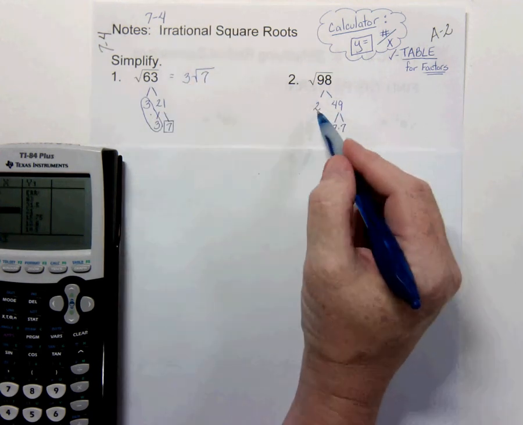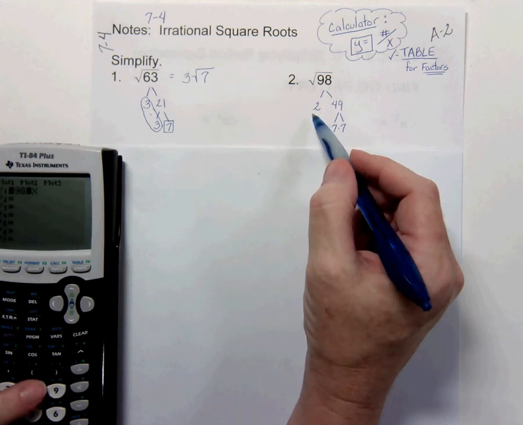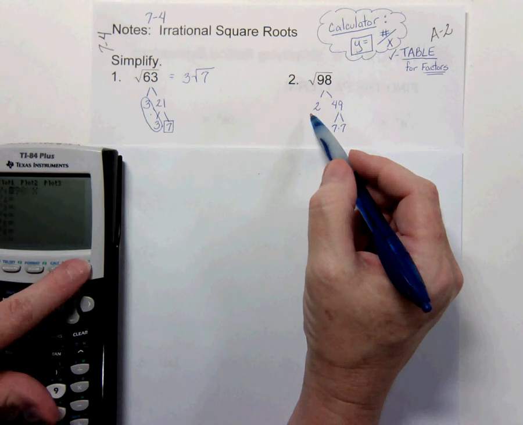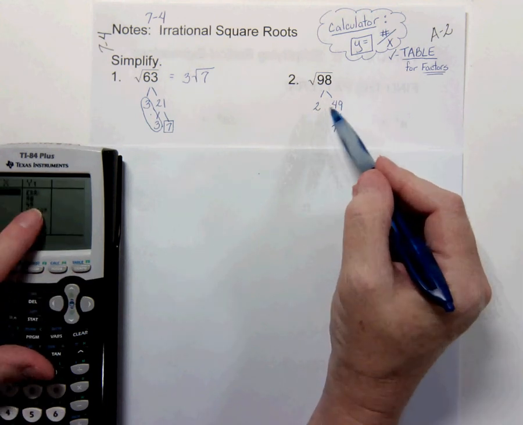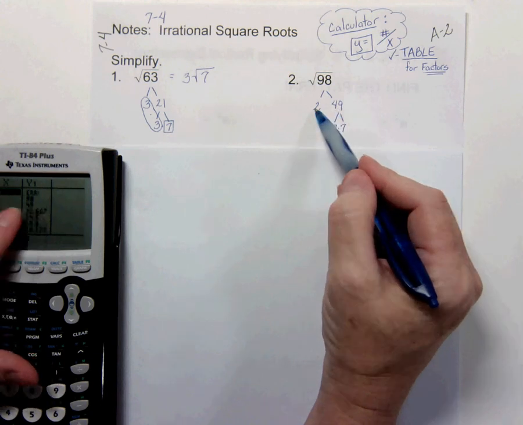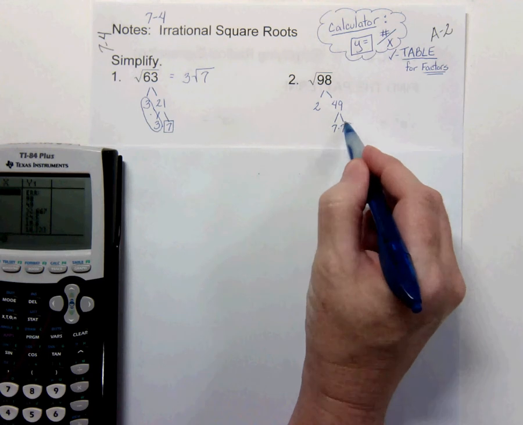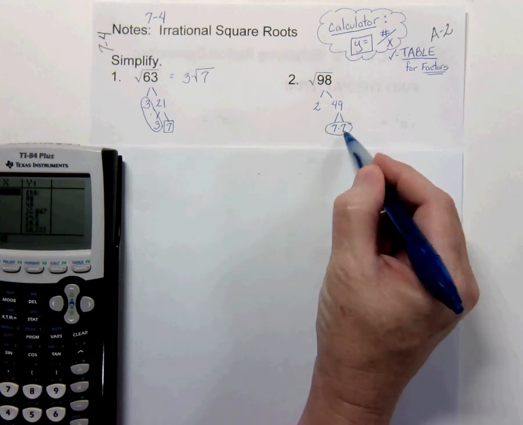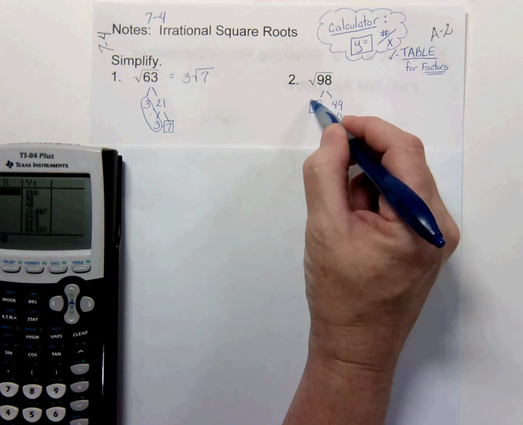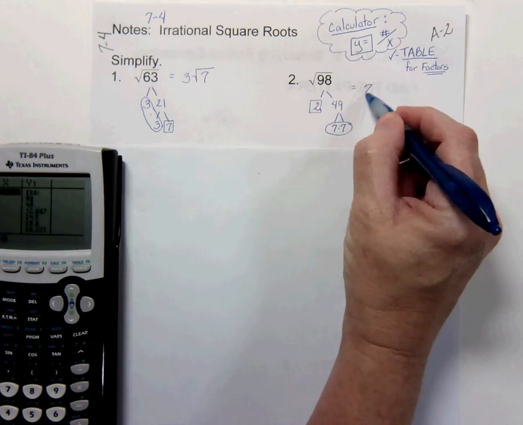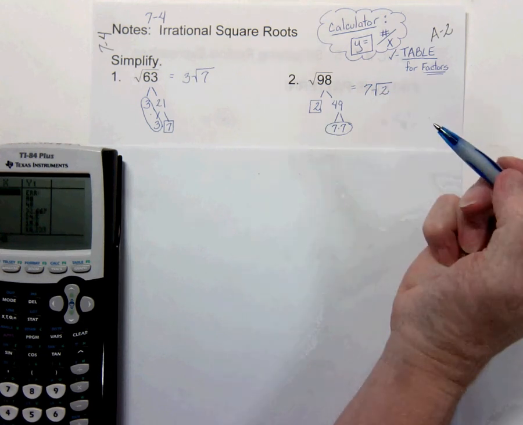For 98, I could go to my calculator and put it in. 98 divided by x, second graph gets me my table, 2 and 49. Well, if I break it down to 2 and 49, I know that 49 is 7 times 7. So you get a factor pair under this radical sign. This doesn't have a pair, so the answer is the 7, whatever pair you're able to circle, square root of 2.